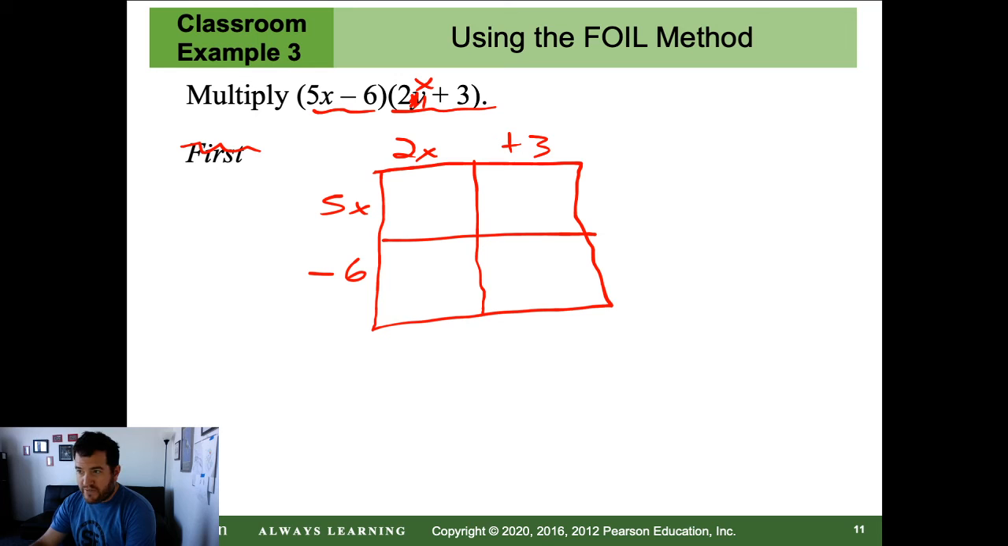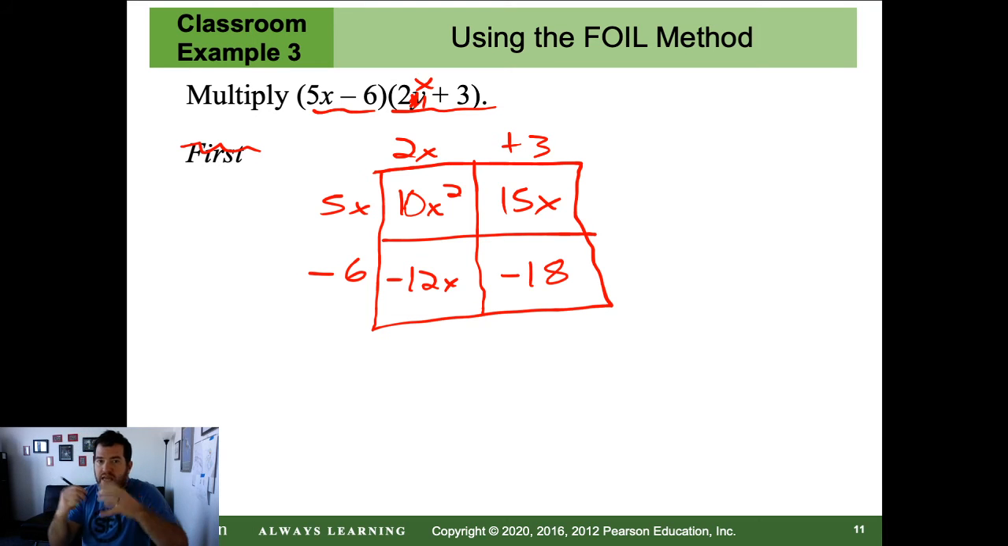So you're going to do 5x times 2x, so this will be 10x squared. In this box, you're doing 5x times 3, which is 15x. You start to recognize some of these numbers, right? Negative 6 times 2x gives you negative 12x, and then negative 6 times 3 gives you negative 18. So basically, to fill in the boxes, you're multiplying, like a little grid, right? You do 5x times 2x to get this one, you do 5x times 3 to get this one,